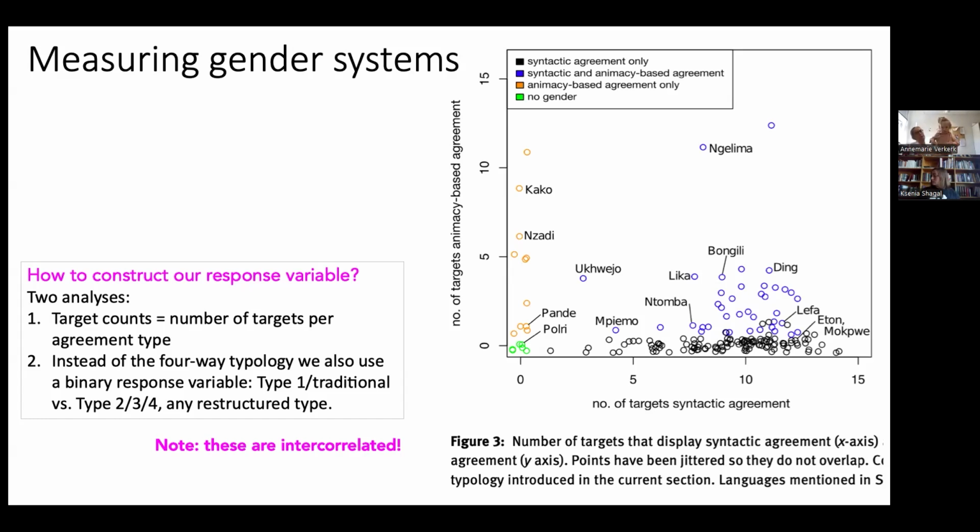Yeah, it's okay. From a statistical perspective, it's not a good idea to use intercorrelated measures of anything and then run several analyses, right? Because you are increasing the chance that you find something that isn't there, right? So you increase the chance of type 1 errors, but that's how it is.